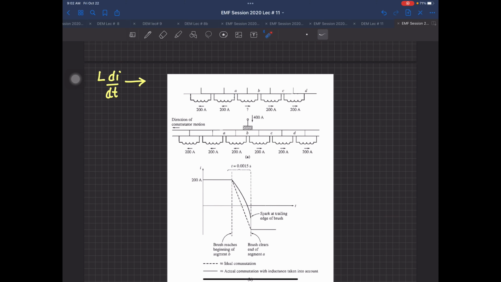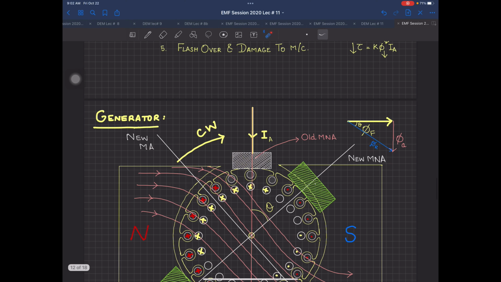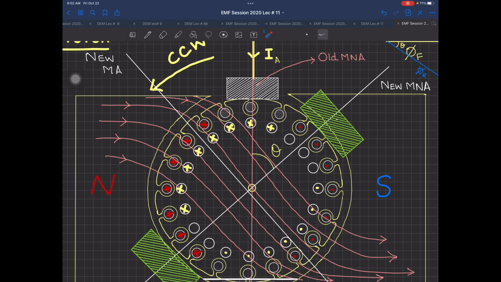Before I proceed to this diagram, let me take a motor case. Motor case is easy for me. Now, see very carefully. When this machine is rotating with some RPM, supposedly it is moving at 1000 RPM or 800 RPM, just for example, let's take the book case. He is taking 800 RPM. There are like 20 slots inside this machine, and there is a motion taking place over there.